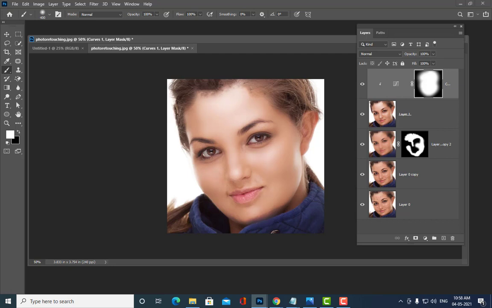Naturality means, see, normally the face of everybody is brownish in color. Even foreigners, Americans, they are white-skinned people, right? But white means not this white color. Nobody's face will be this white, right? Everybody's face will be a little bit brownish in color. So that is the natural color of the skin, right? Are you getting my point?